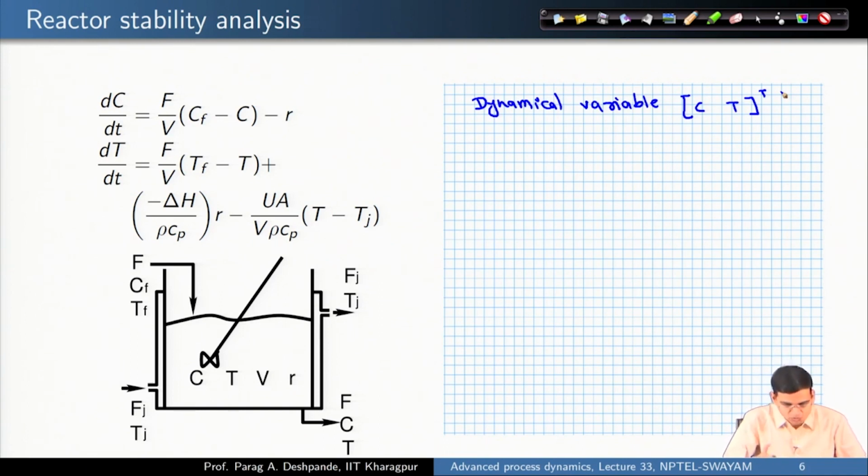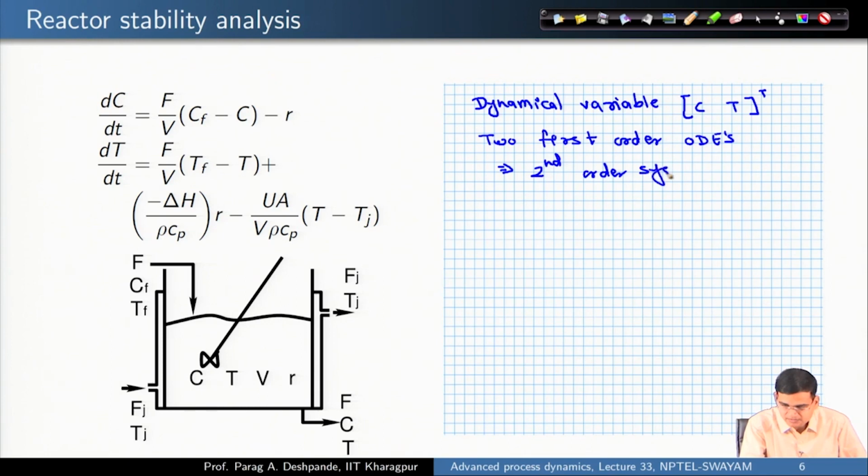You have two equations, both are first order. So, I have two first order ODEs, which means I have a second